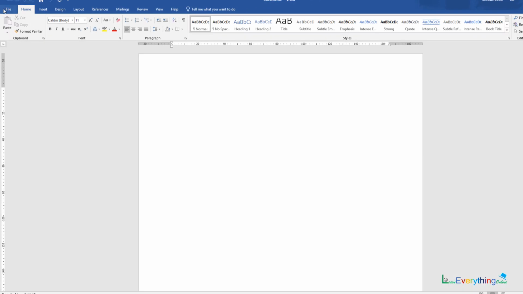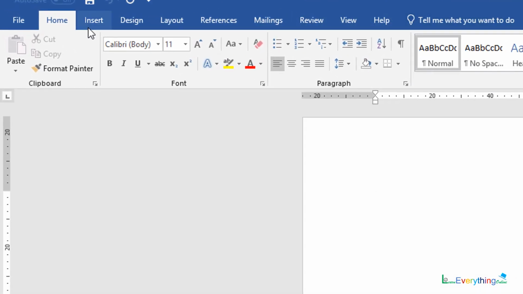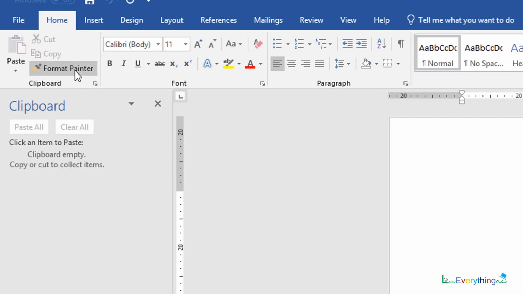In a blank document, in MS Office 2013 onward, you can see this type of tabs are available, and this particular area is known as the ribbon area. In the ribbon area there are different groups available, and the commands included in the groups are in icon format, that is pictures are available as well as names.